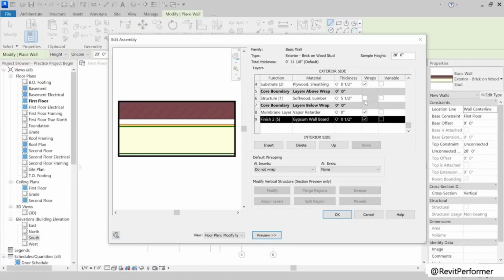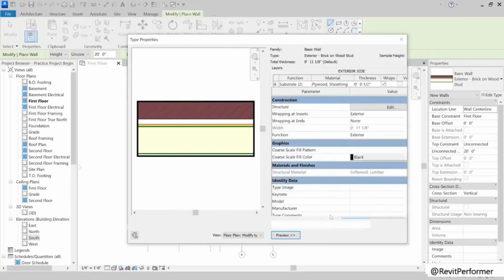Let me say it that way. If these were to be turned on down here at the bottom, the default wrapping at inserts and at ends, but right now they're not turned on. I am going to change this though, where at the ends, I'm going to tell it to wrap the exterior layers.